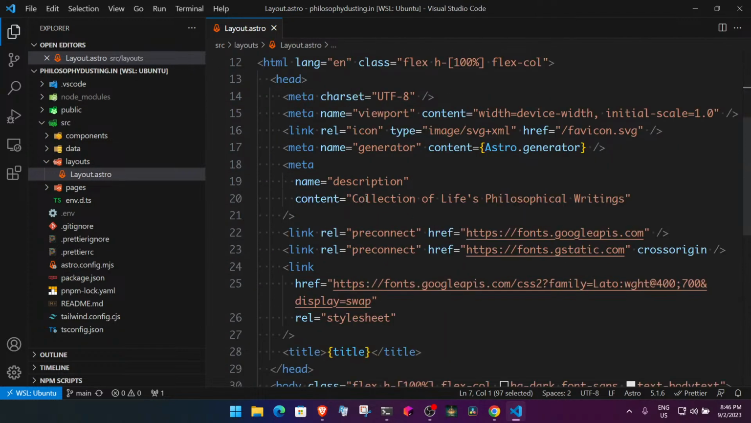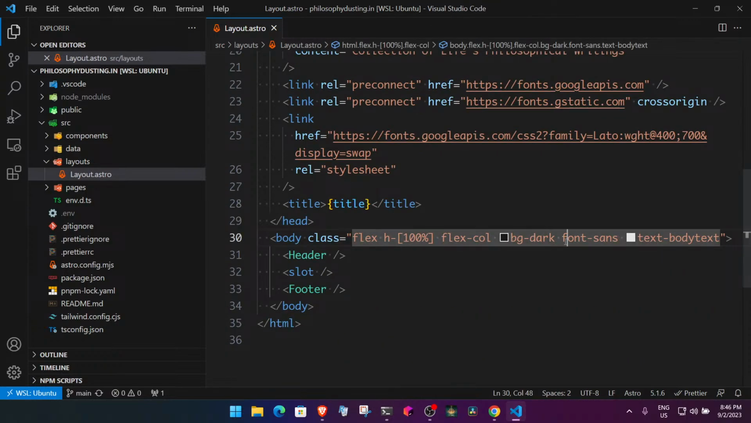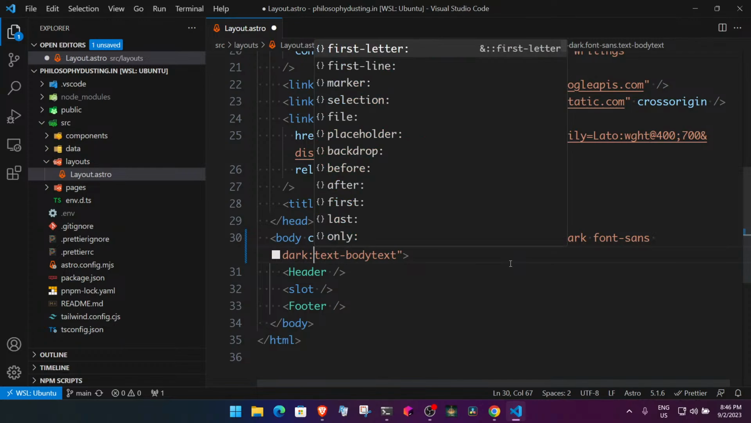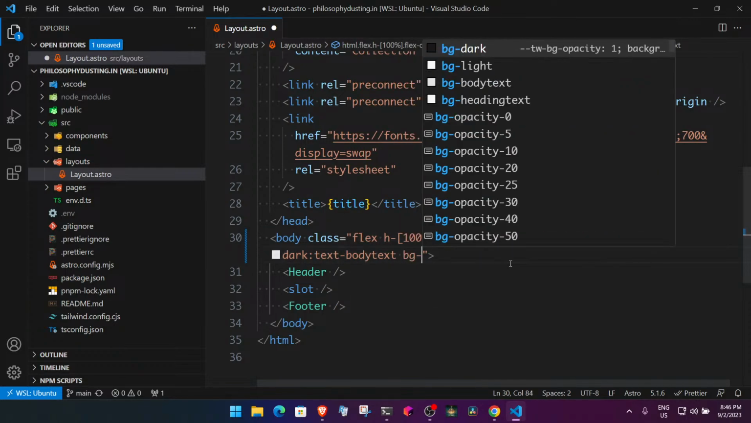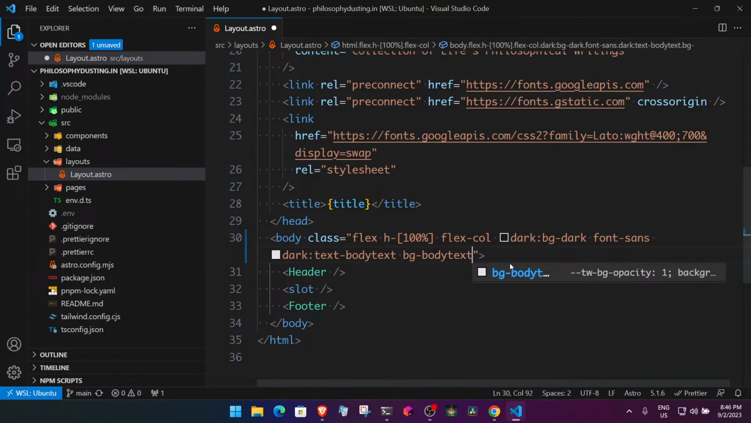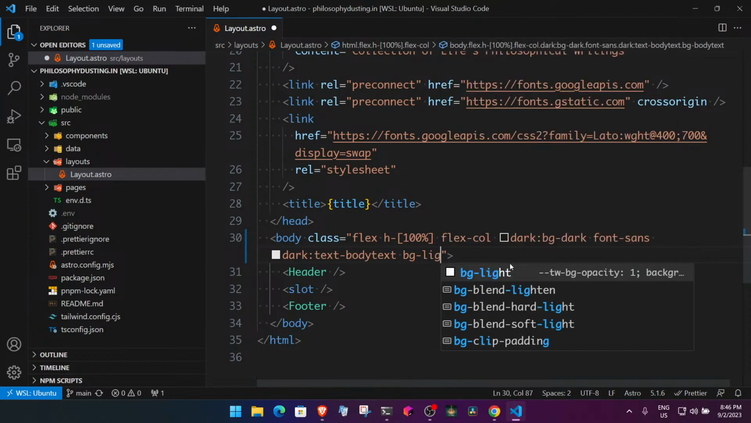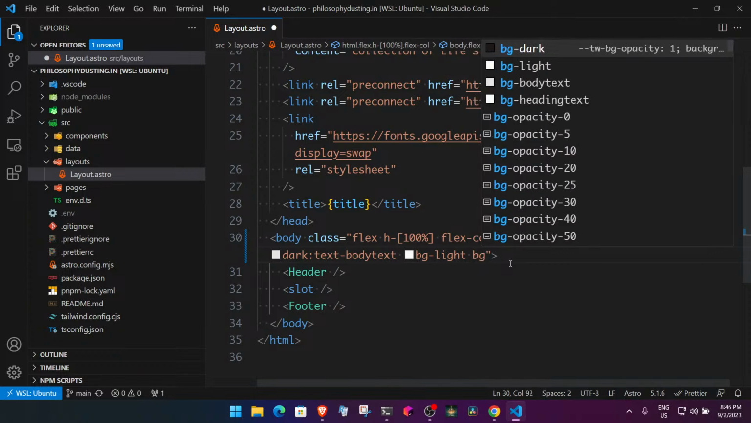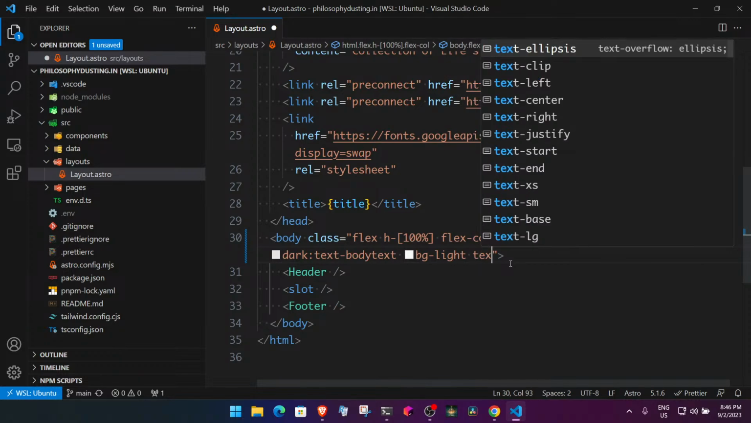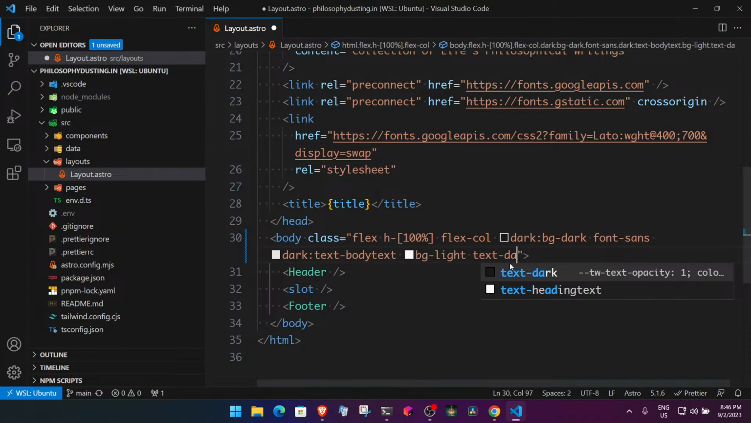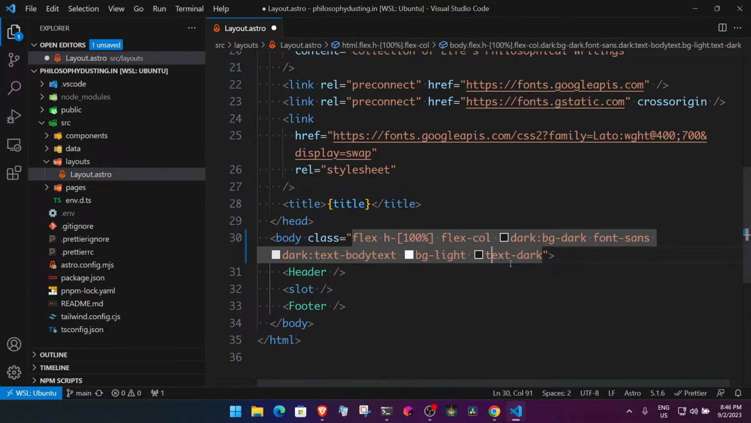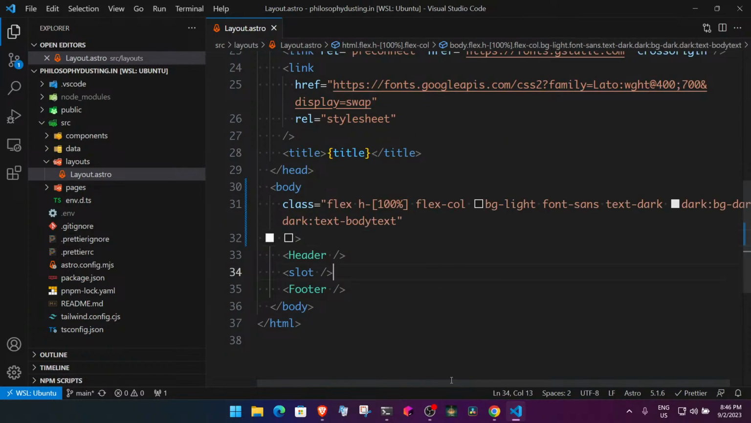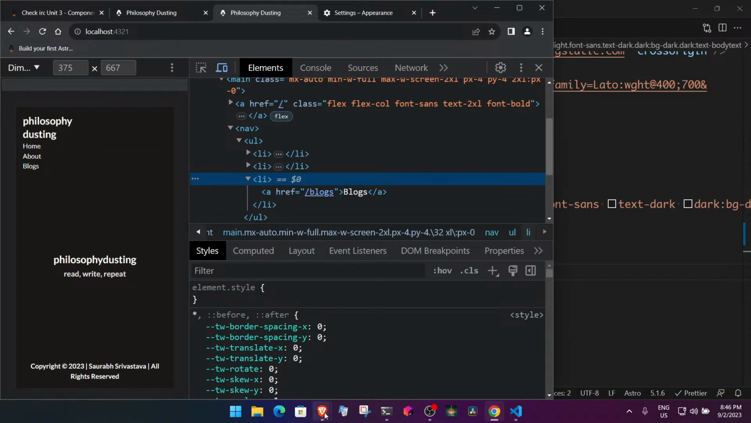So layout.astro is where I have defined this. Now what I'll do is, when it is dark, this is Tailwind again, and when it is not dark, make this as light, and text as dark. Yeah, this should work. Now if I go back here